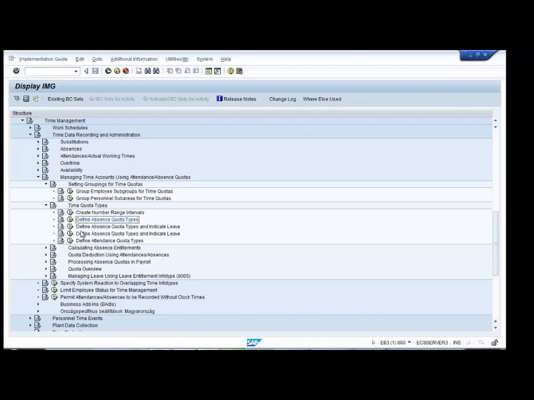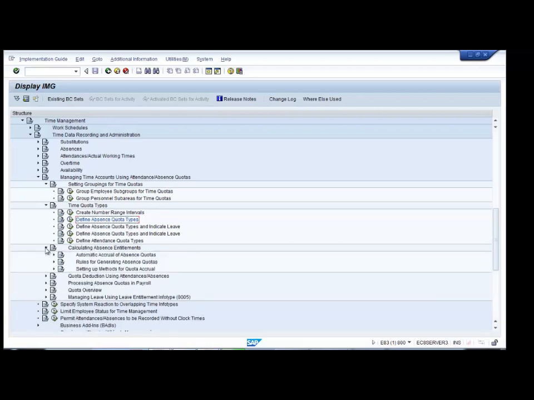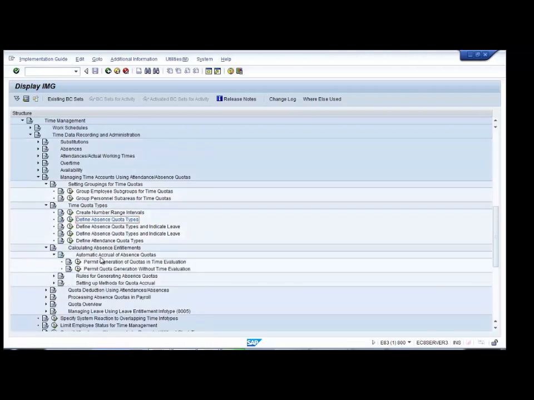So if you see here, calculating absence entitlement, how you want to calculate the absence quota. Entitlement is nothing but quota, right? So here if you see automatic or accurate absence quotas, if you expand this and then click on this particular IMG, what is it? Permit quota generation without time violation.